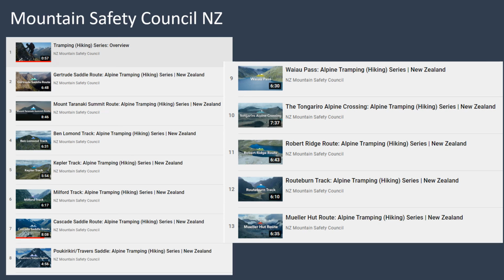From the There and Back research that the Mountain Safety Council did, as well as drawing out those 2 key themes of hunting and tramping, they also specifically were able to drill down about where are some areas or tracks that record a number of incidents or fatalities, and they then published really in-depth guides for the general public and tourists about those tracks and things to watch out for and be prepared for.